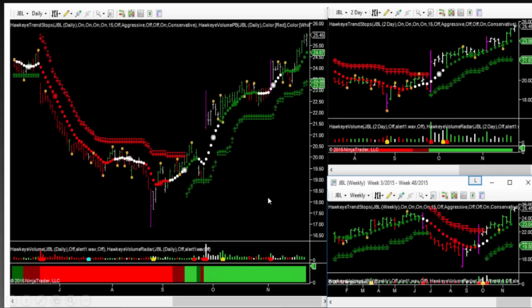So if we look at our 3 time frames, if we look at our 1 day, you'll see there's the green volume coming in. We look at our 2 day, there again with the green volume coming in. Weekly coming in again. So we've got all 3 time frames suggesting that this trend likely has a high